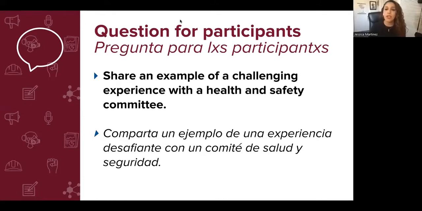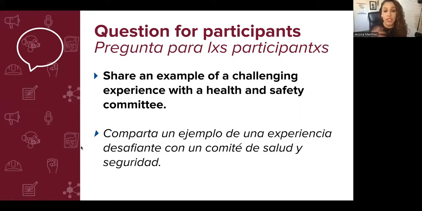That's also very important. How do we make the case for safety when it also comes to issues of budget for management? So thank you for sharing that. I know there's other folks that want to share. I'd invite you to put it in the chat. We are taking note of these challenges because we'd like to address them.